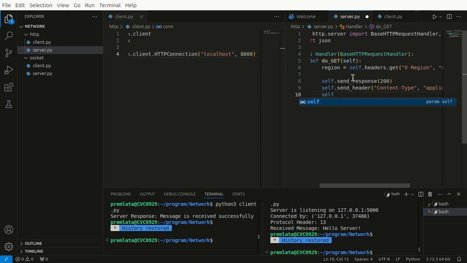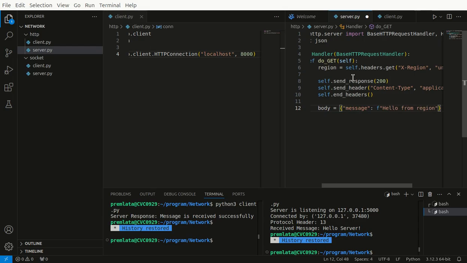And then end headers. Once headers complete, next thing is body and passing the message to JSON object, right? Hello from region,